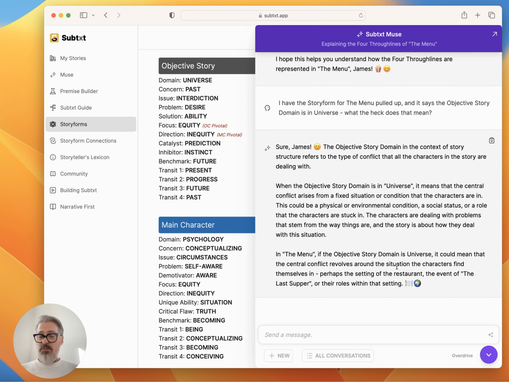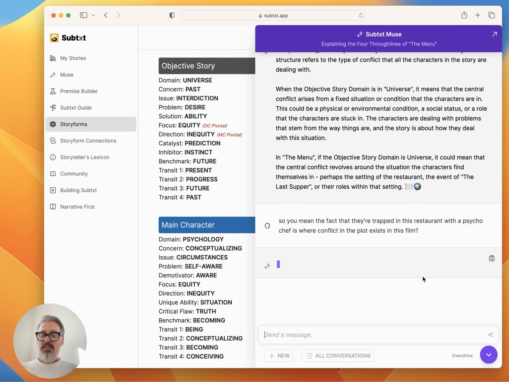In the menu, if the objective story domain is universe, it can mean that the central conflict revolves around the situation the characters find themselves in, perhaps the setting of the restaurant, the event of the Last Supper, or their roles within that setting. So you mean the fact that they're trapped in this restaurant with a psycho chef is where conflict and the plot exists in this